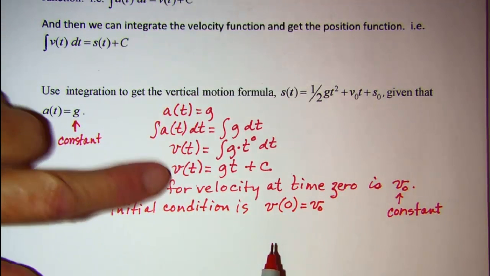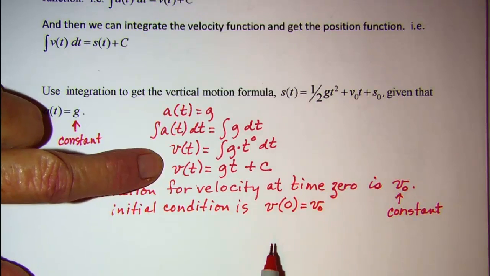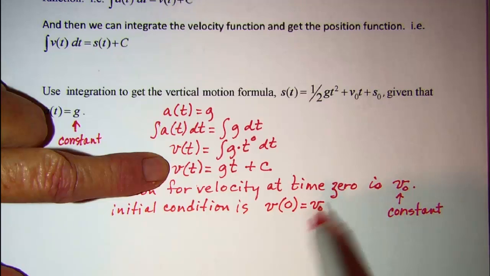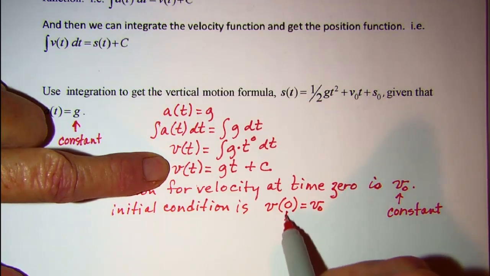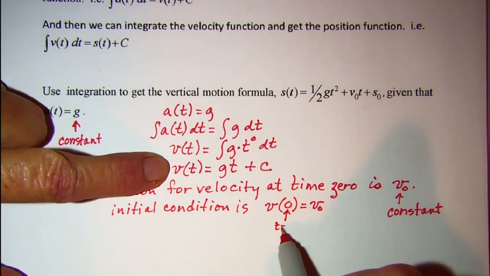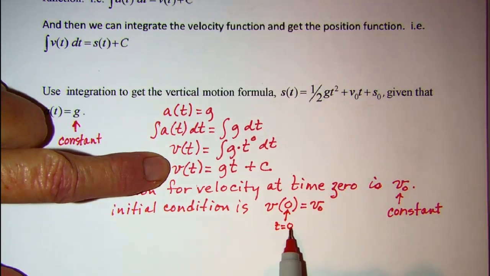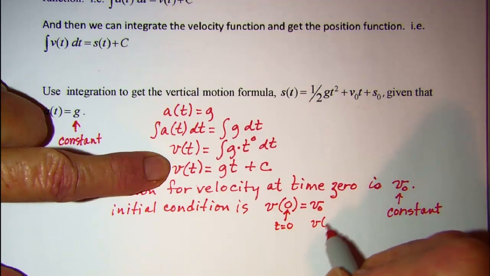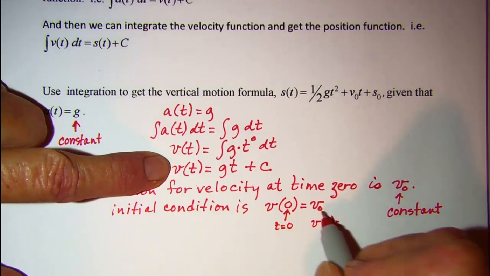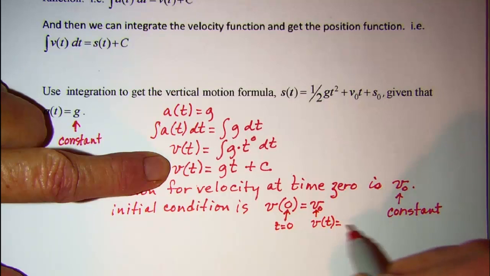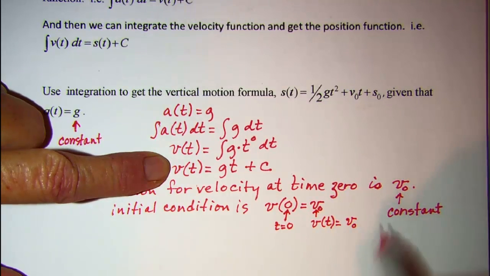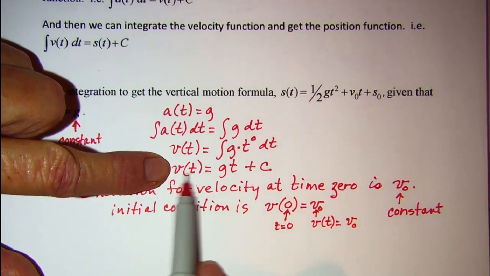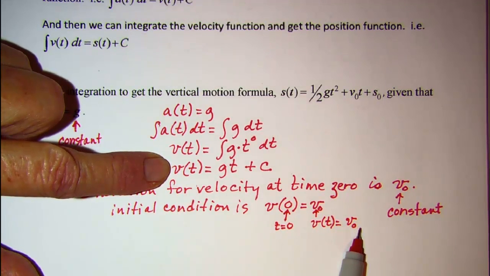So now we can take our velocity function that we got when we integrated. Remember that this means t is 0 right here. And when t is 0, v of t is this number, v sub 0. So we're going to plug those in. In place of v of t, I'm going to use v sub 0